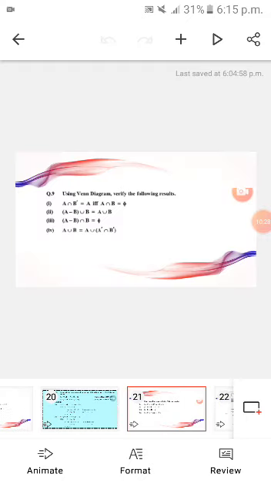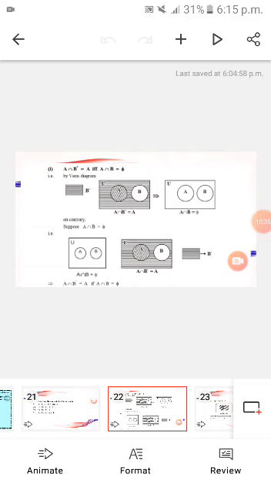And question number 9, using Venn diagrams verify the following results. Here 4 parts are given. We solve part number 1: A intersection B complement is equal to A if and only if A intersection B is equal to phi. Firstly, make a Venn diagram with a universal set in rectangular form and 2 subsets A and B. Firstly, take A intersection B complement. B complement is represented by the horizontal lines in the universal set, and its result, A intersection B complement equals A, is shown in the first diagram, and in the second diagram A intersection B equals empty set is shown on your screen.